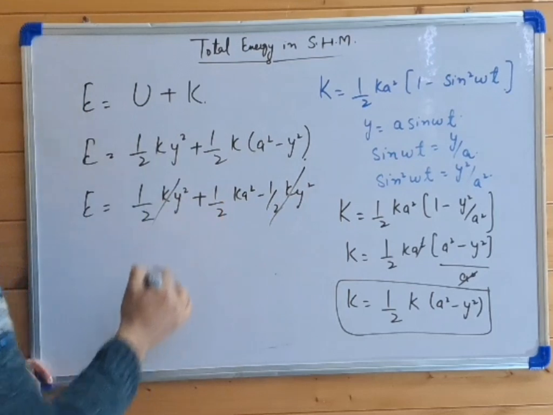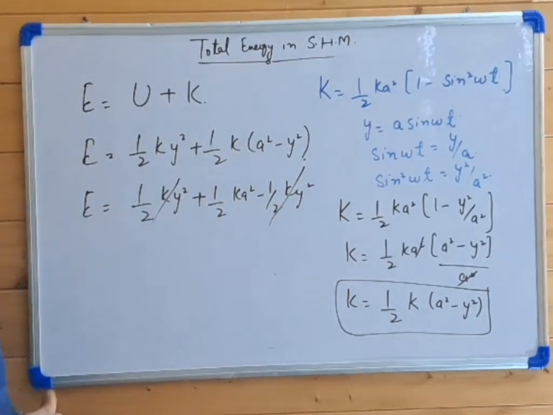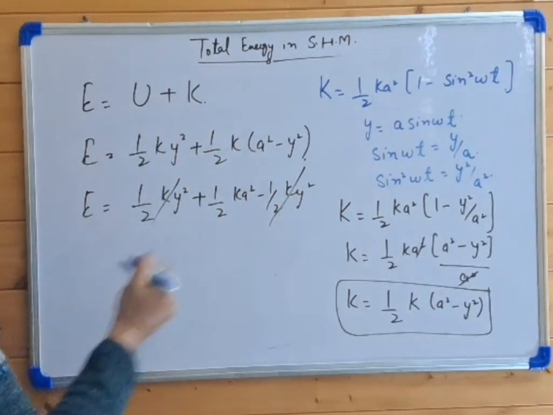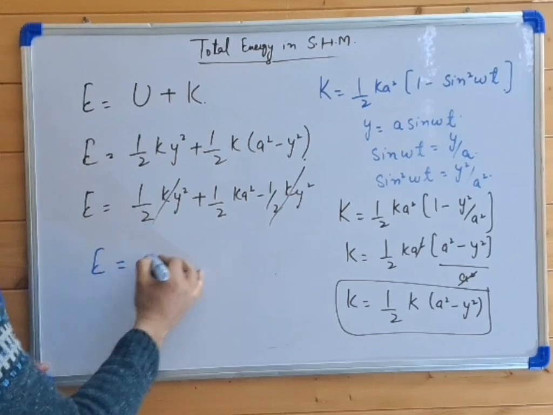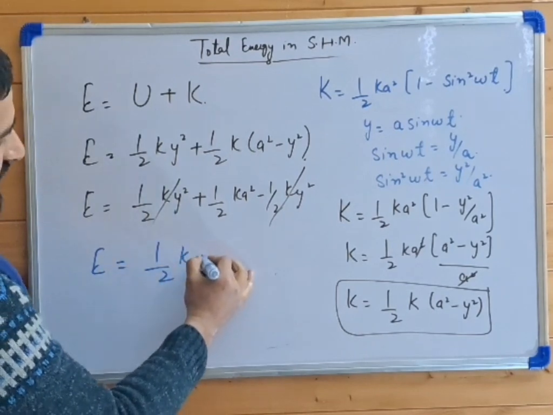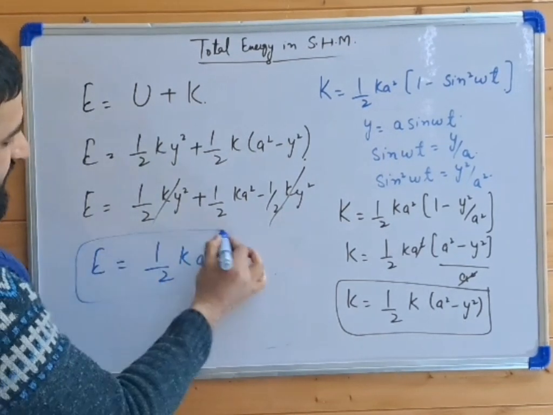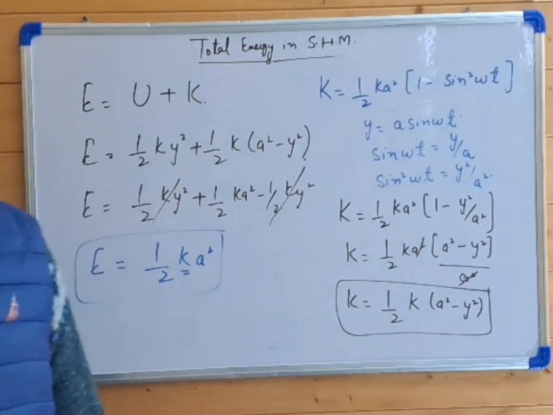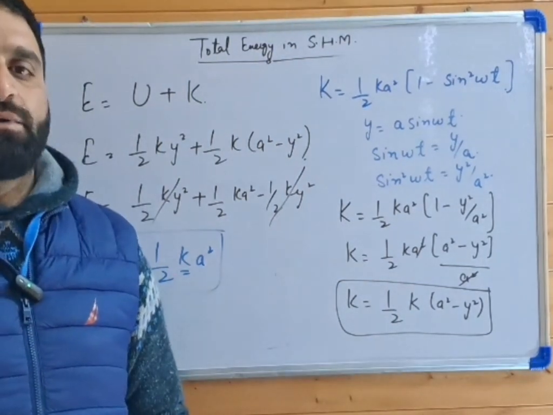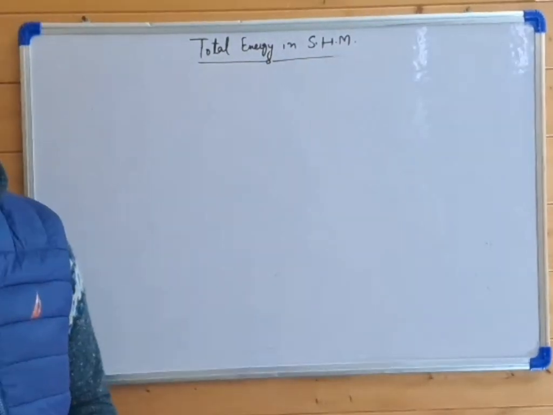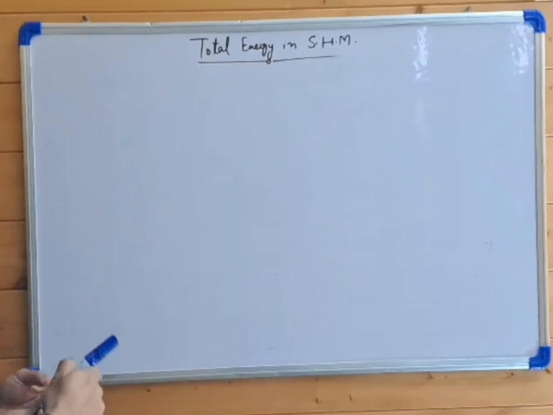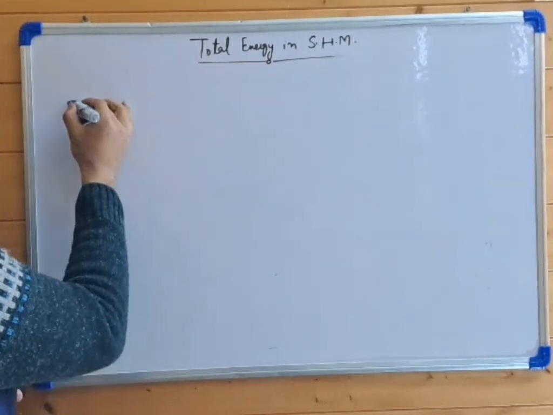This 1 by 2 K Y square and 1 by 2 K Y square is gone. So E, the total energy, is equal to 1 by 2 K A square, where K is the force constant and A is the amplitude of the vibrations. Going into the details now, at mean position